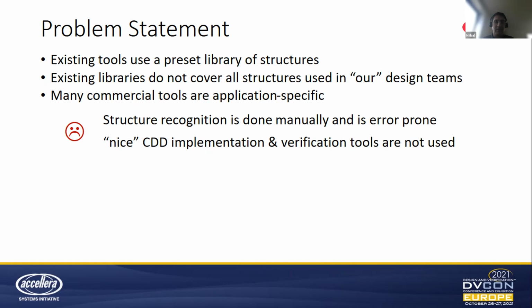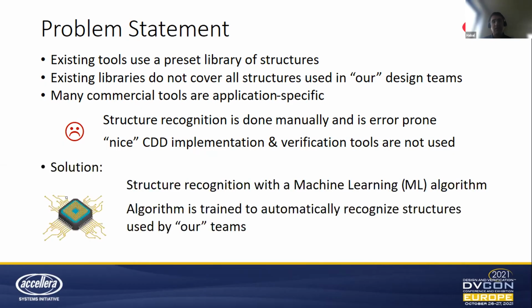I showed a simple example in the last slide, but in general, these structures might span multiple sub-circuit levels. And this means they are pretty difficult to be caught or covered entirely manually by a designer. So our idea here was, let us look at what we can do with a machine learning algorithm to automatically